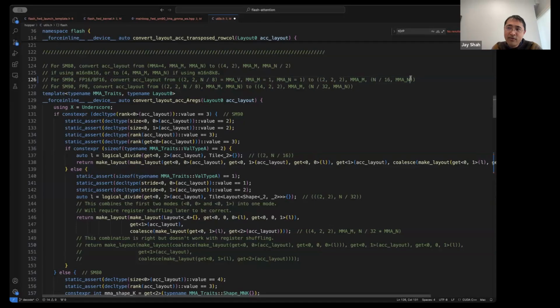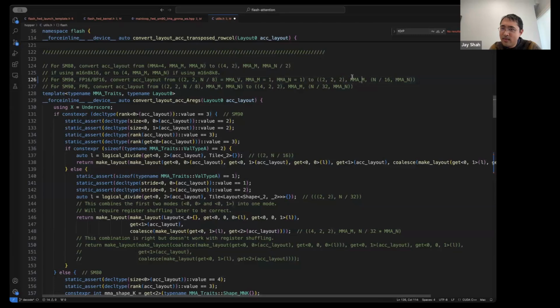As the operand A of gem 1, this TSRS, this thing I want to do this convert layout on, should have value mode 2, 2, 2. Because here I'm thinking of M and N. Now I'm thinking of M and the inner dimension K generically.